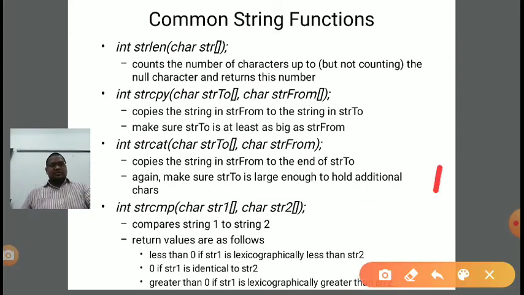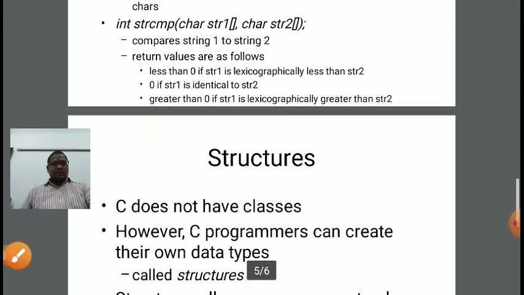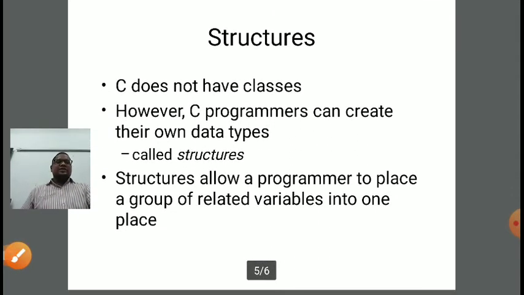Now next is structure. Next concept is structure. What is structure? Structure is a collection of different data types. Suppose I am taking an example. If I want to enter student details comprising his roll number, which is of integer type, his name, which is of string or character type, and his account balance, which may be of float or double type, it contains different data types.